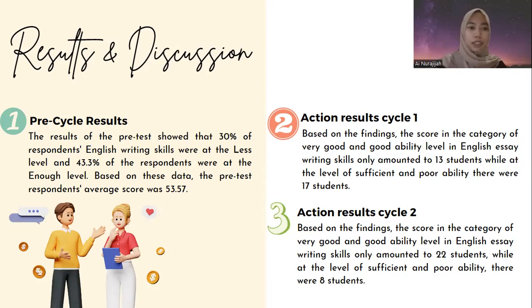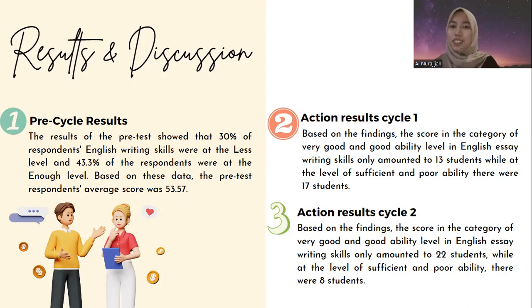So this is the pre-cycle result. The result of the pre-test shows that 13% of respondents' English writing skill were at the lowest level, and 43.3% of the respondents were at the enough level. So based on this data, the pre-test respondents' average score was